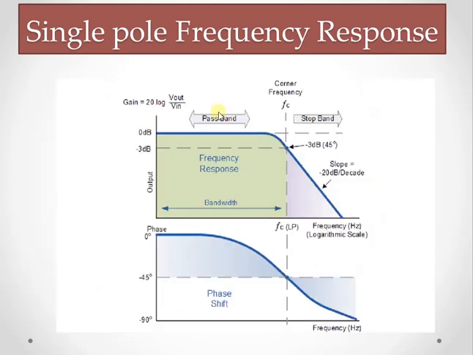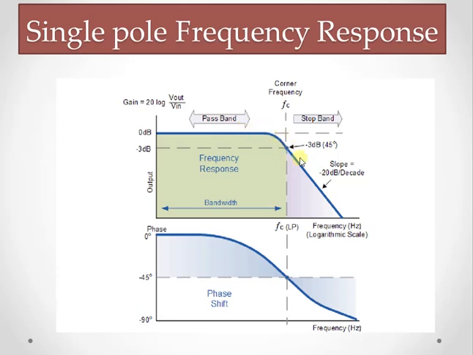If you observe here, I have shown the frequency response of a low pass filter, and in the case of the single pole magnitude response, at low frequencies the magnitude response will be flat, whereas the breakover occurs at the cutoff frequency Fc, which is also termed as the corner frequency. And at higher frequencies greater than the breakover point, the output rolls off at a rate of minus 20 dB per decade, and the actual curve is visible at a value that is minus 3 dB below the actual value.